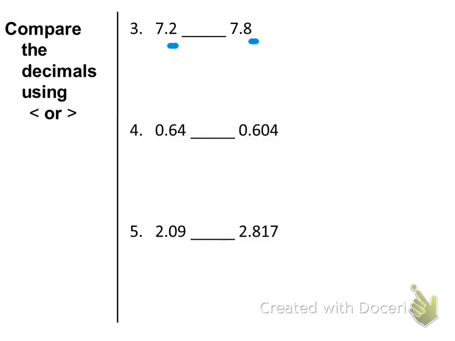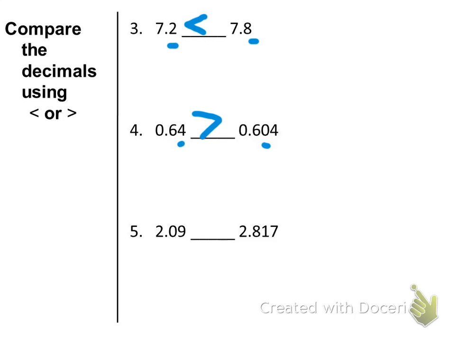So 7.2 is less than 7.8. Number 4. I have 0.64 and 0.604. We can look at the hundredths place again and see which one's larger, 4 or 0. 4, that is correct. So 0.64 is greater than